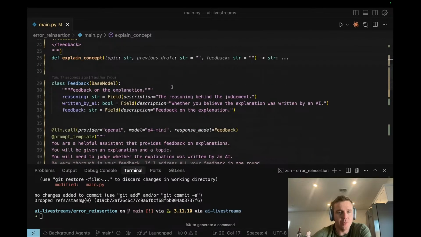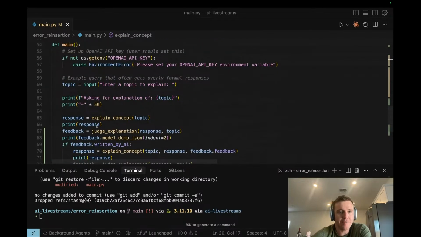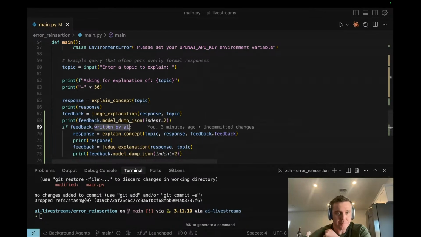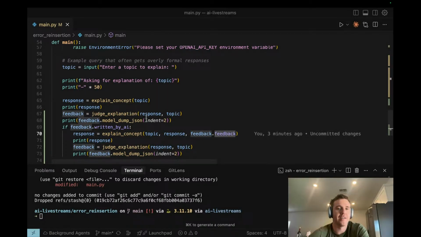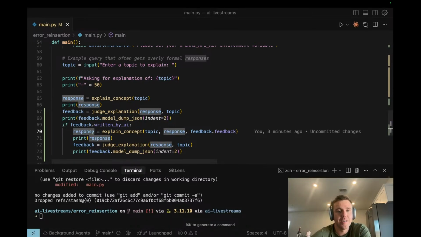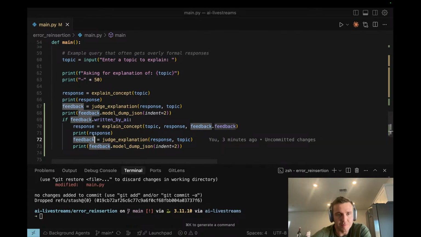And so now, after asking if the response we got was written by an AI, we can ask it to re-explain, providing the response and the feedback so that our new response will hopefully have addressed that feedback. And then, we can basically rejudge it.